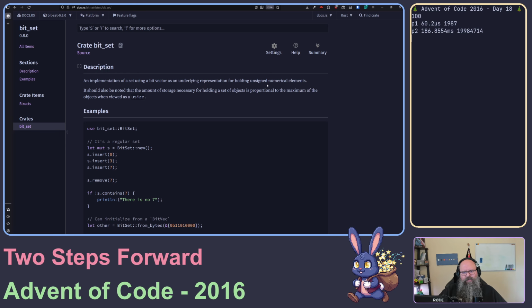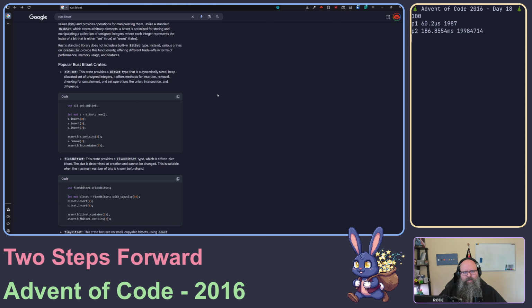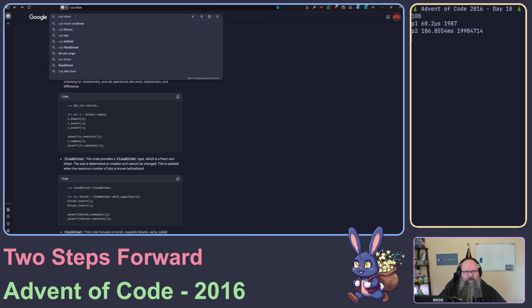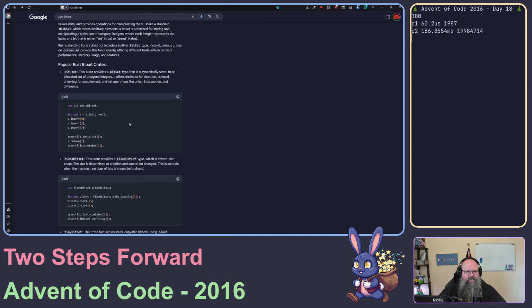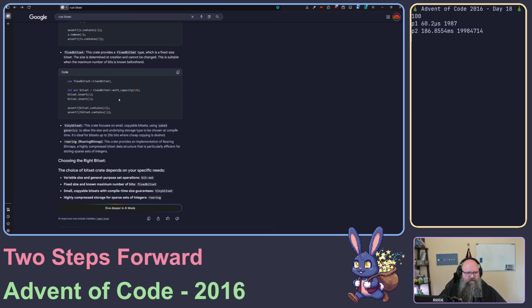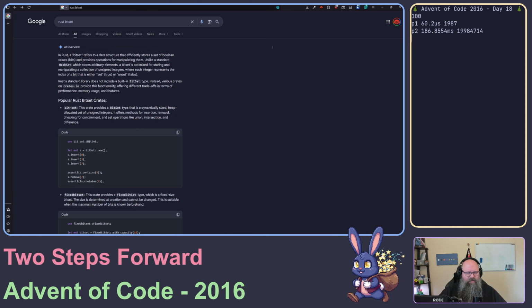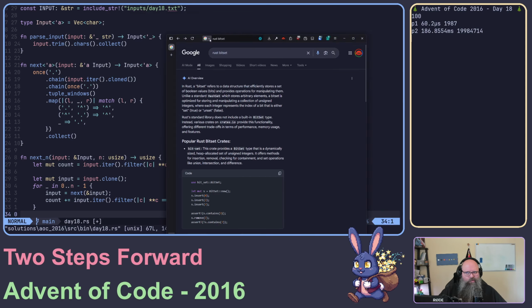Underlying for holding unsigned numerical elements. I actually don't think this is the same thing. It's a set of unsigned integers. You could ask